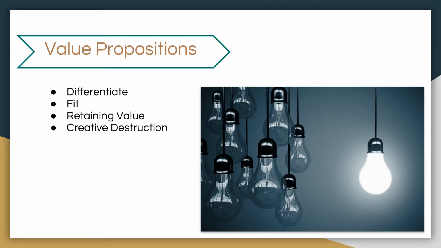Firms must differentiate themselves from competition selling the same product. For example, Five Guys is a fast food burger joint. They must differentiate themselves from Burger King in order to convince someone to pay a higher price for their burgers. They do so by promoting fresh ground beef, hot off the grill, and fresh cut home fries. A firm must achieve fit by aligning their decision and actions with their strategy. We will go over fit in more detail on a later slide.